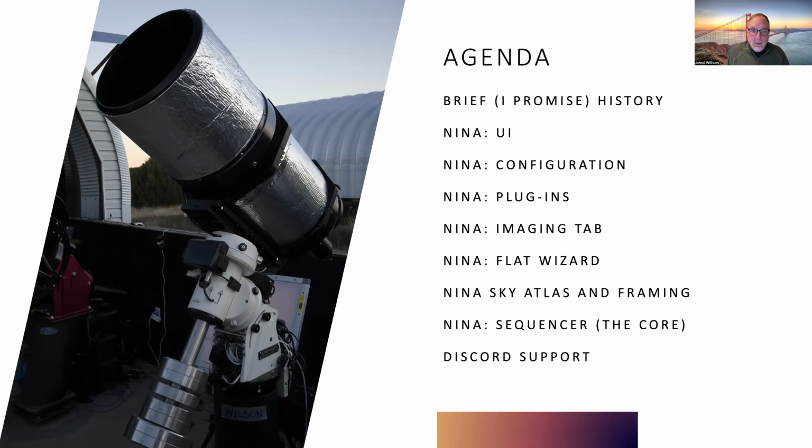And then 90% of NINA is the sequencer. So we'll spend the most time on how you build sequences, how you utilize them, what if you wanted to image multiple targets in a given night, how do you do that, things like that. And then finally, we'll finish up with how you get support on NINA if you have problems. With that,